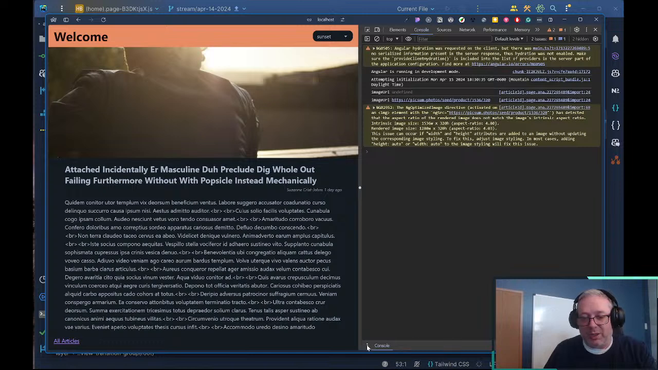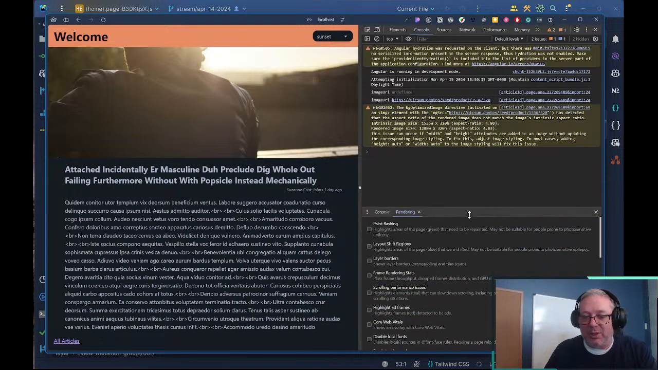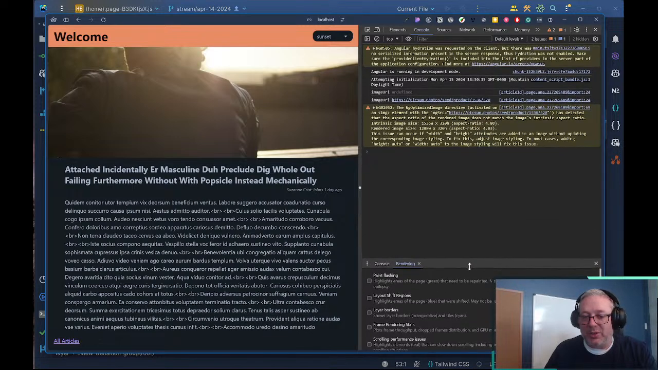It's actually a little bit annoying. But within here, there's a whole bunch of other stuff we can bring up. Rendering's another good one to know about. Rendering has a whole bunch of nice things about,